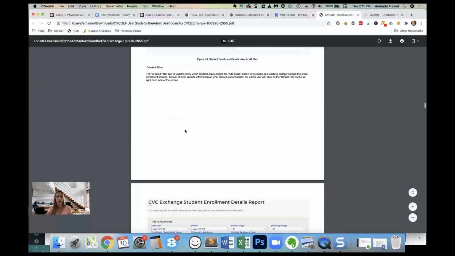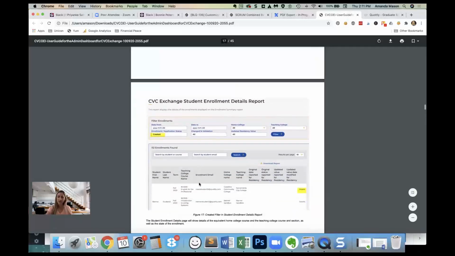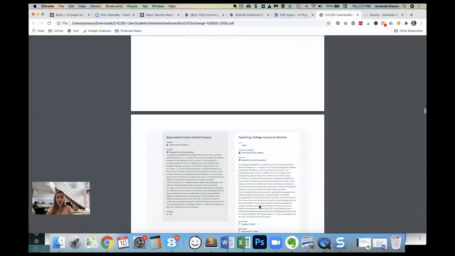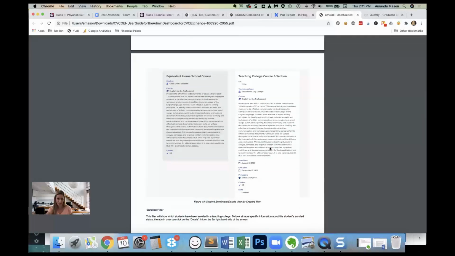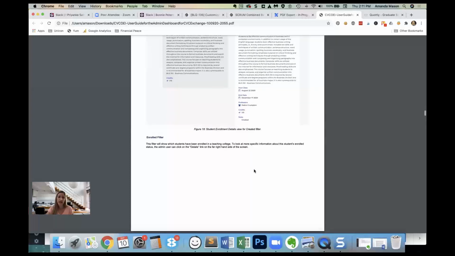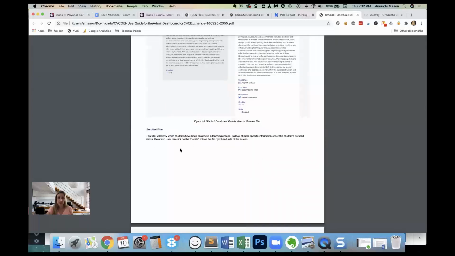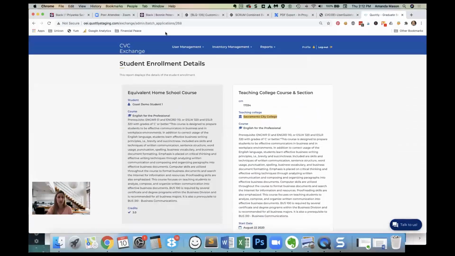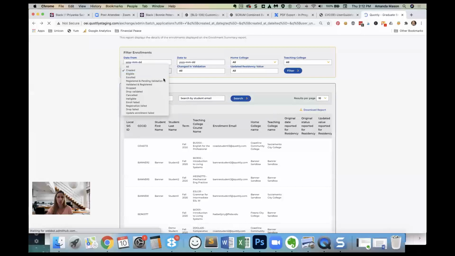So I go into detail about that report, and we talk about how to click on the details link and then what information you can see in that details link. Okay. The next one we're going to look at is the enrolled filter. So this filter is going to show which students have been enrolled in a teaching college successfully. So if I go back here to enrolled and I filter,